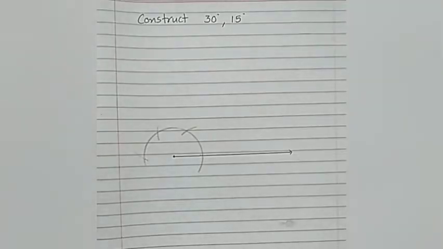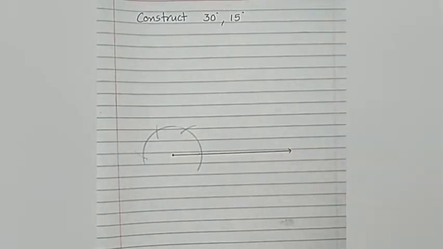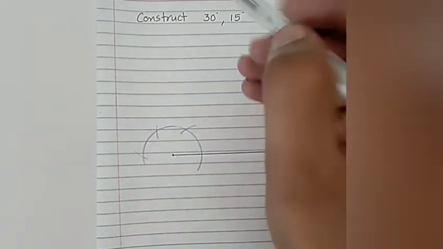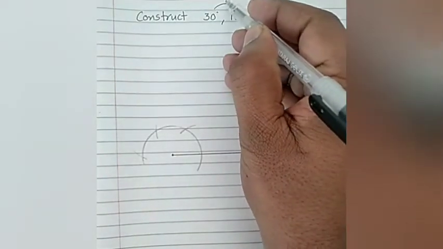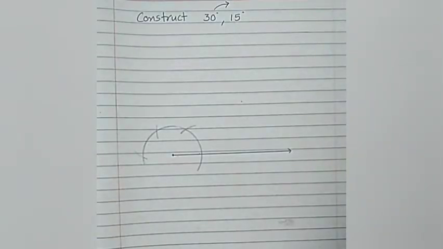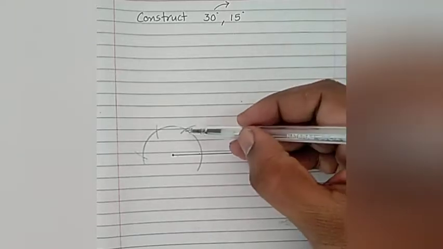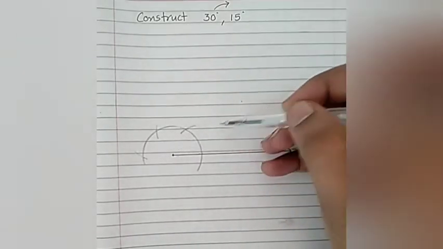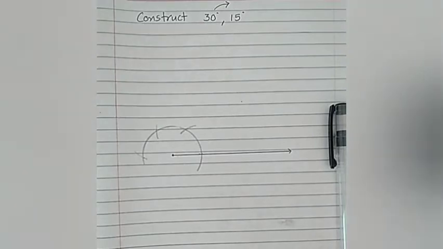Dear students, next we shall try to construct an angle of 30 degree and 15 degree. As you could see, to begin with, I did the initial steps, that is drawing a ray, constructing an arc of desired length and then making an arc of 60 degree, 120 degree and 180 degree. Now, first we shall try to make an angle of 30 degree, and you know 30 degree is half of 60 degree. So basically, can I say that if I bisect 60 degree, I'll get 30 degree? Exactly, that's what's going to happen.